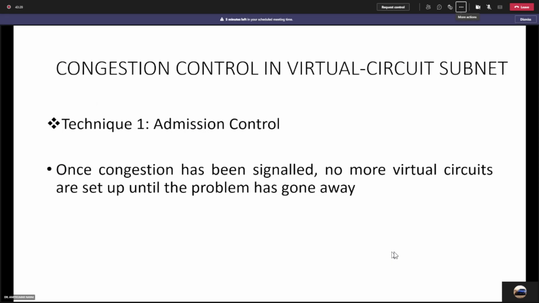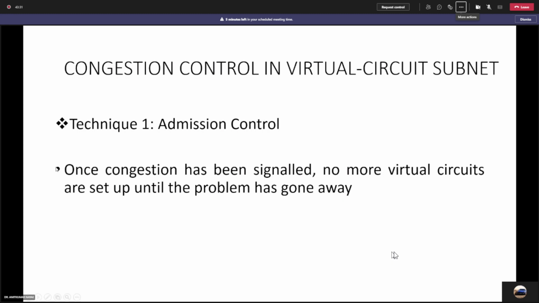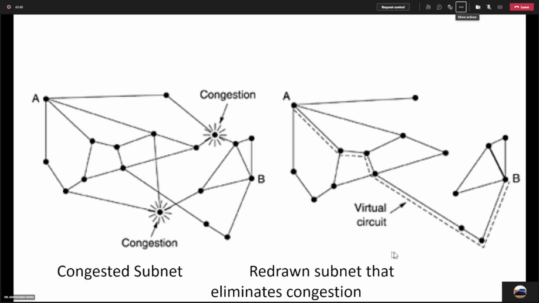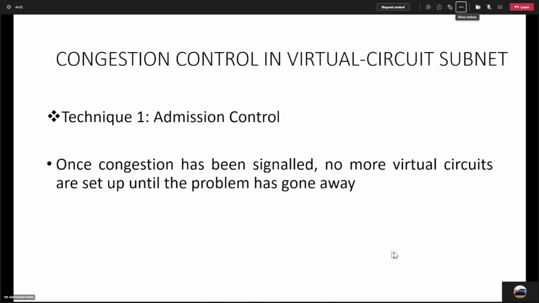Now the first technique is admission control. Once the congestion has been signaled, no more virtual circuits are set up until it has gone away. The admission control mechanism is used for virtual circuit networks, and in this congestion control technique, if the congestion occurs, then no more virtual circuits will be set up or created.